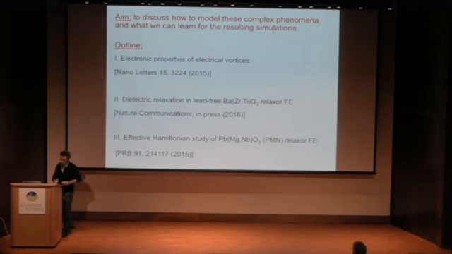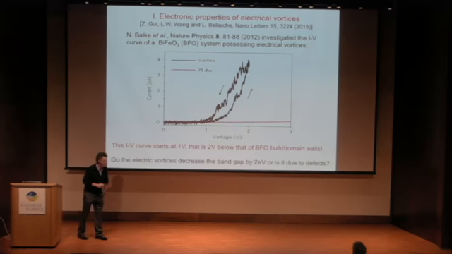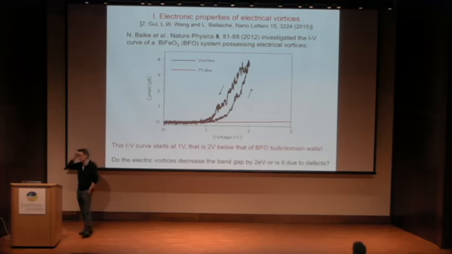So let me go to the first part of this talk, which is about these electronic properties of electrical vortices. Really, the person that did all this work is Zhigang Gui, who graduated, an extremely bright student, and is now a postdoc in Delaware, and we collaborated with a very good friend, Lin Wang. We were postdocs together 20 years ago in Colorado. So let me start again from this extremely beautiful picture by Nina Balke and collaborators. It was published some years ago.